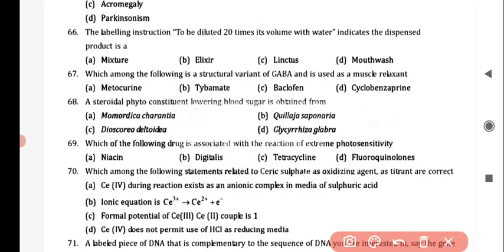its volume with water indicates the dispensed product is a, and the correct answer is option D, mouthwash. Next question is, which among the following is a structural variant of GABA and is used as a muscle relaxant? And the correct answer is option C, baclofen. Next question is, a steroidal phytoconstituent lowering blood sugar is obtained from, and the correct answer is option A,